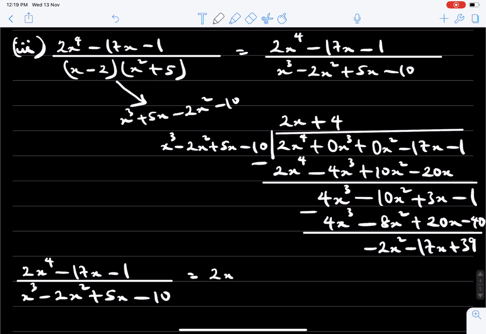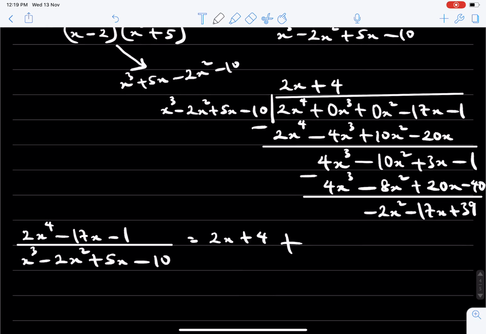We write the quotient 2x plus 4 plus a fraction, which is the ratio of remainder to divisor. And in this case, I'm writing it as 39, just not to write a negative value first, 39 minus 2x squared minus 17x divided by